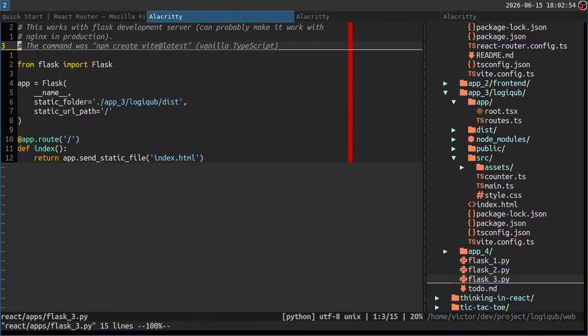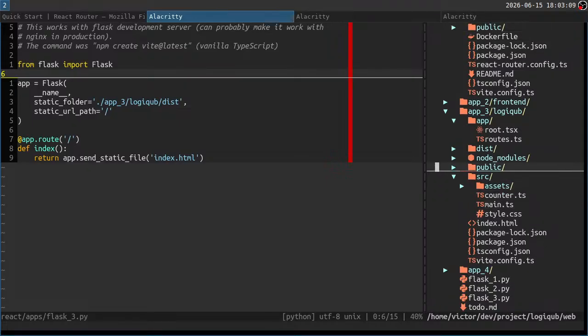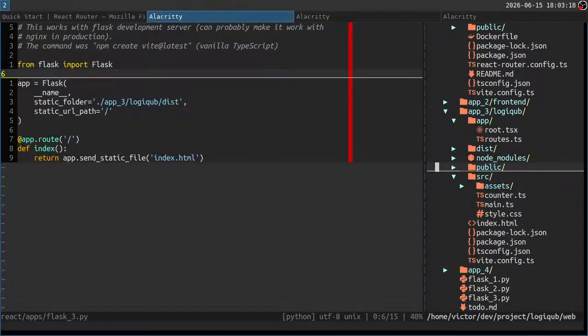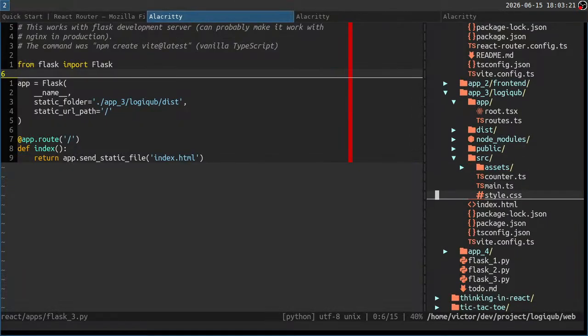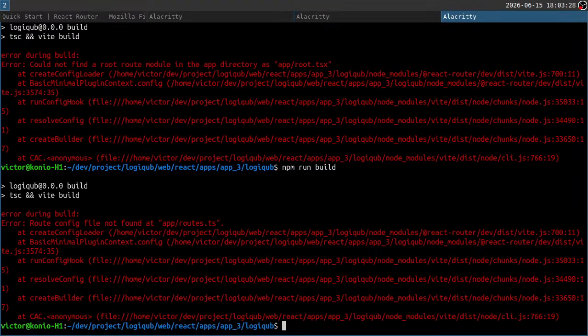So this was vite at latest with vanilla TypeScript. And I'm adding React router to it. You know what? Let's do the